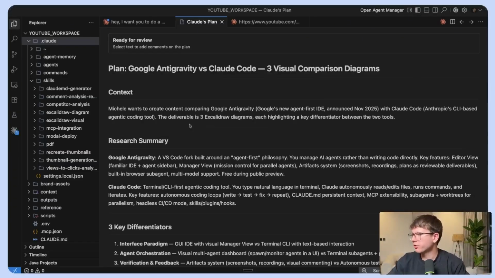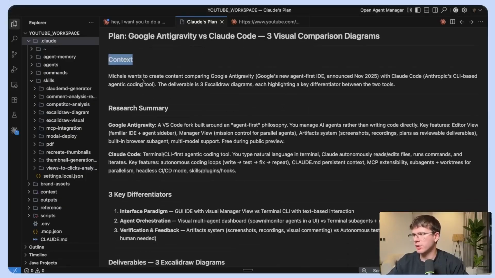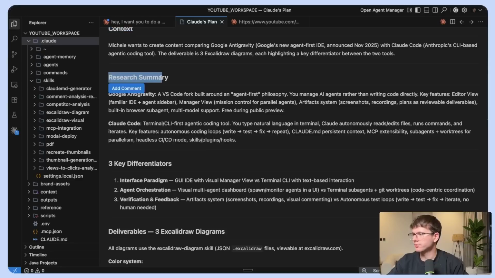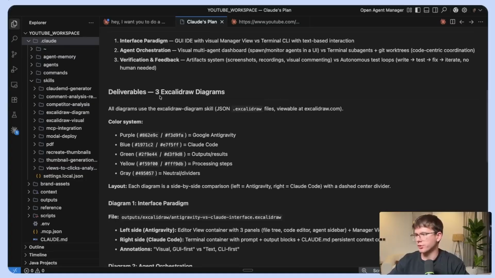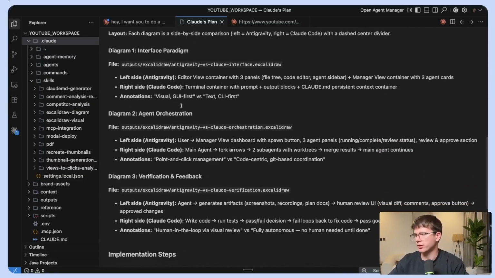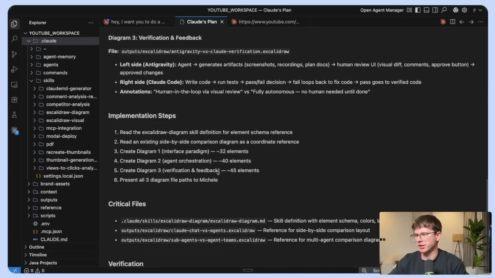Okay, there you go. So after a few minutes, it made the plan, which is Google's anti-gravity versus Claude Code, 3 visual comparison diagrams. It gives me the context. So Michele wants to create XYZ, research summary. So the summary that I made, 3 key differentiators. So interface, agent orchestration, verification, and feedback, and deliverables, which is the 3 things that we want, right? With the color system, the layout, diagram 1, diagram 2, diagram 3, diagram 4, and the implementation steps, and the